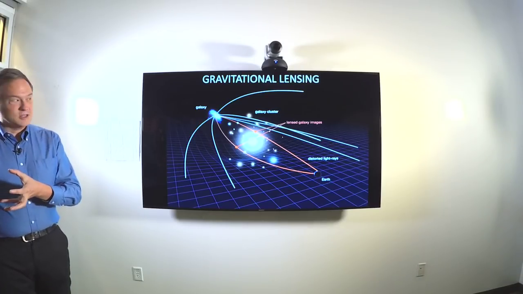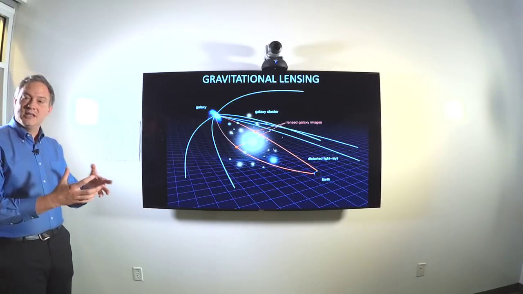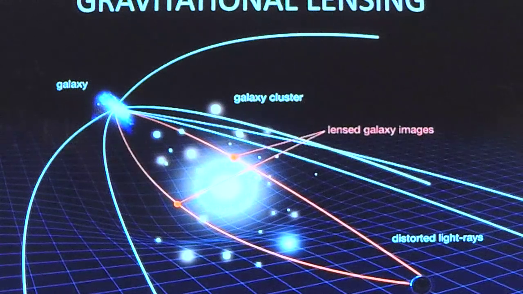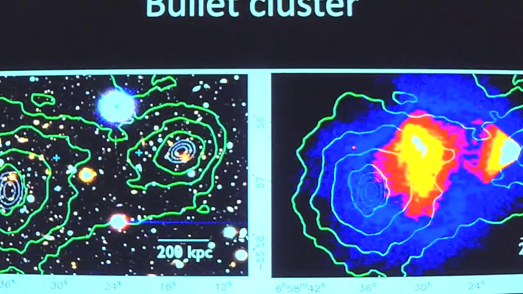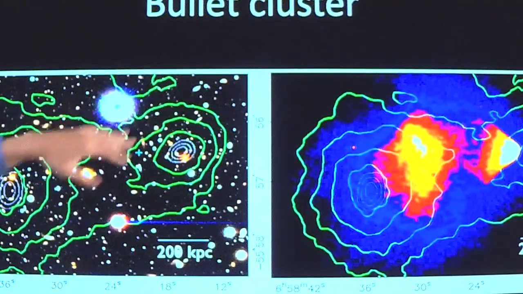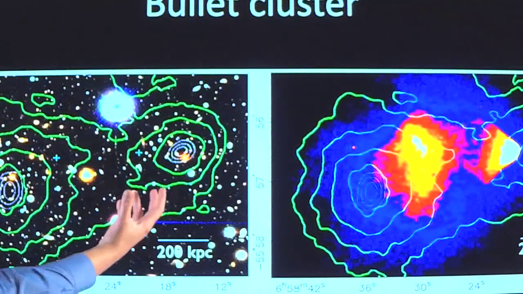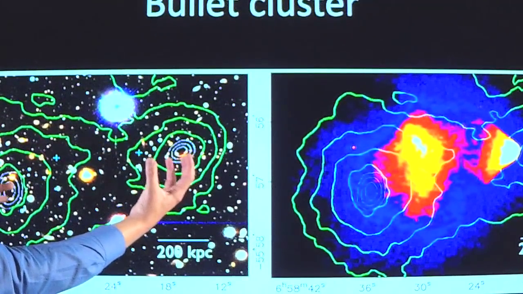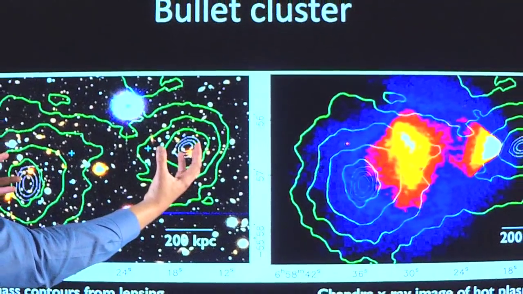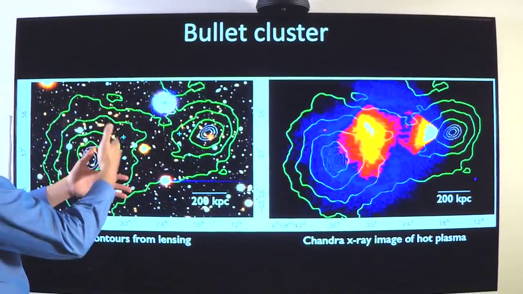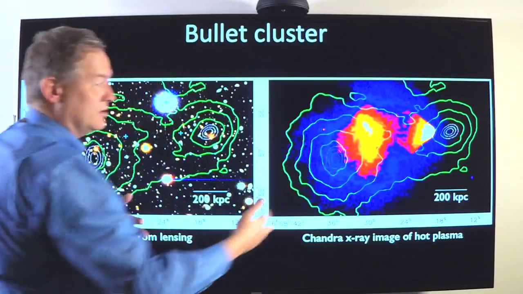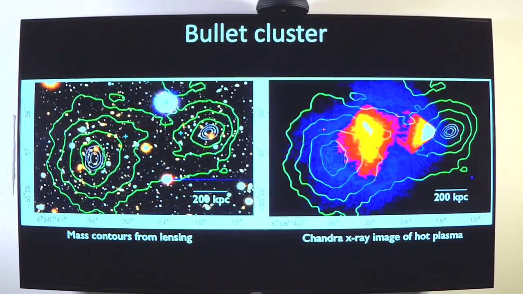In fact, there are cases where most of the mass causing the lensing is actually at a different place than most of the ordinary matter, the ordinary gas. So here's one example called the bullet cluster, where if you image the dark matter and its gravitational potential, it's actually separated in two places compared to most of the ordinary matter, which is entrained in the middle after these two galaxies have collided.